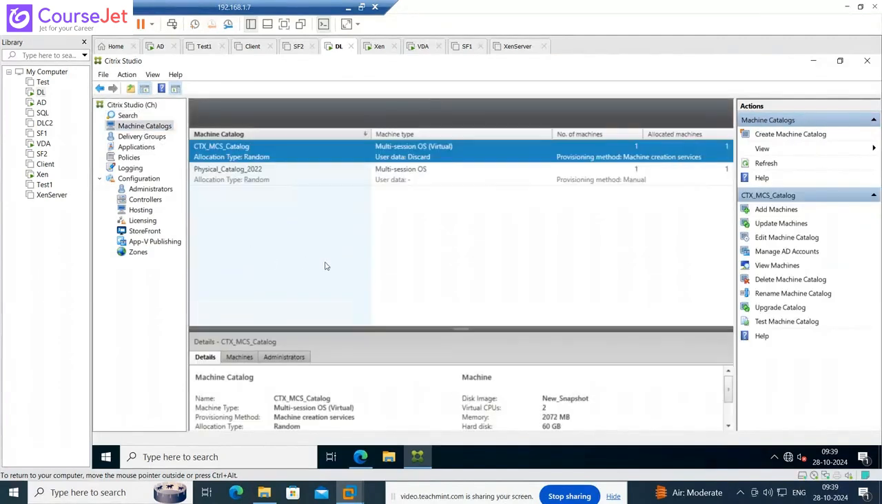So with this, we have just done the basic setup for MCS. In tomorrow's class, we'll deploy certain applications, we'll try to publish them, and we'll try to update the catalog. So till now, if you have any queries, any